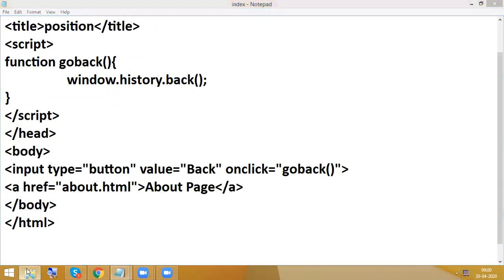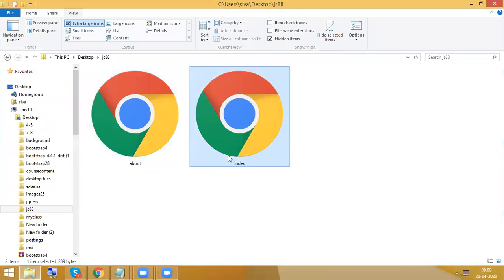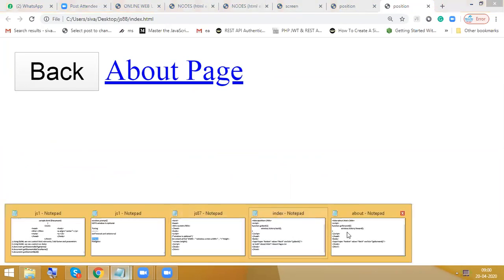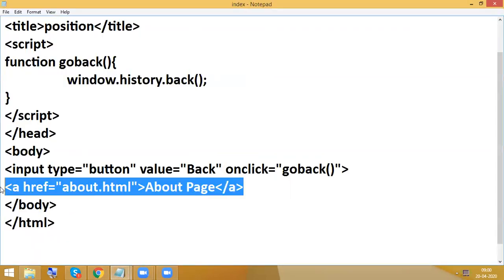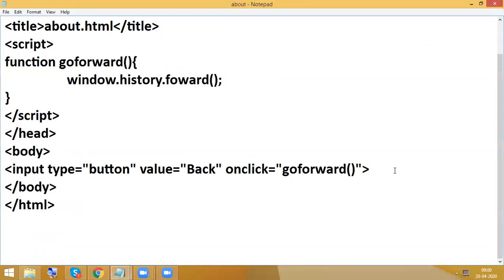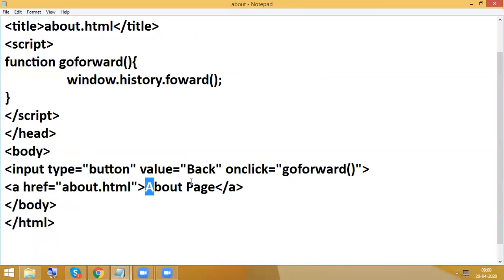I'm going to run the index.html file. In the index.html file, I'm having a back button, at the same time an about page button. To explain the exact concept, it is better to write the link in the place of about. So this is the best place to write that link.